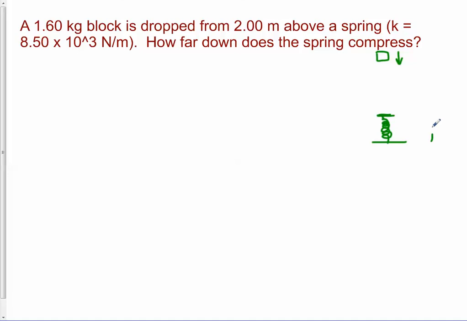Okay, so I'm going to put a vertical coordinate system on it, call it y, and I can make 0 be anywhere I want, and it probably doesn't really matter too much. I'll make 0 be where the spring is before it gets compressed, so the at-rest position of the spring. All right, so if our system consists of the block and the spring and the earth,